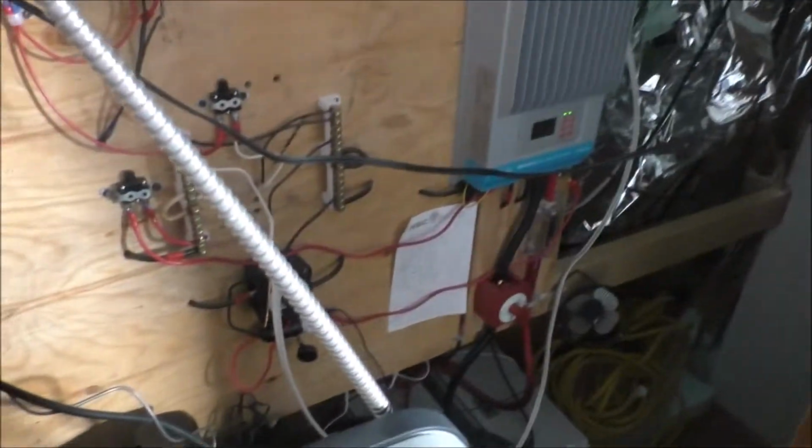Oh, Jesus. There goes the tripod. Holy crap. Give me a second, guys. Camera took a beating here. God, I hate... oh, man. China makes the junkiest equipment ever. Anyways,